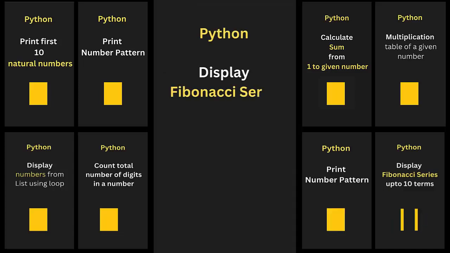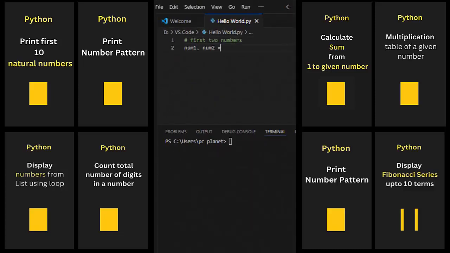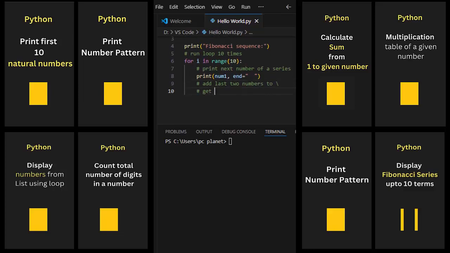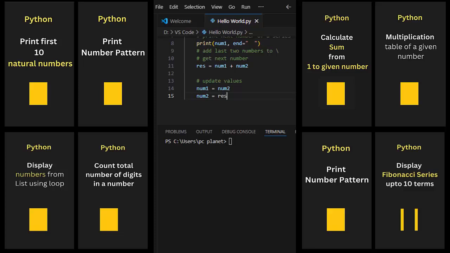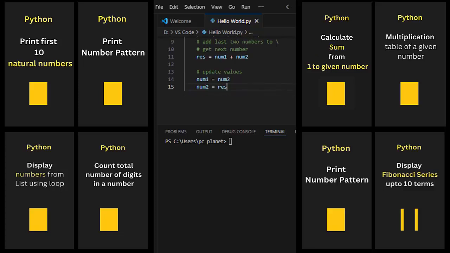This program prints the first 10 numbers of the Fibonacci sequence. It starts with 2 initial numbers, 0 and 1. Using a for loop, it prints the current number, then calculates the next number by adding the previous 2. The values are then updated to continue the sequence. This process repeats 10 times, generating the classic Fibonacci pattern, where each number is the sum of the 2 before it,